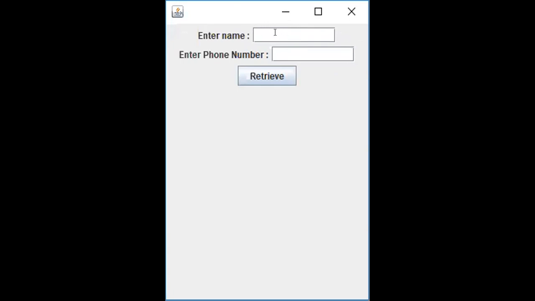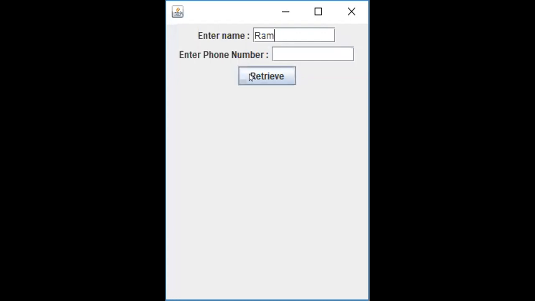Right now we have kept it free for the user as per our journal statement. As you all know, in our student table I had Ram, Sham, Rita, Geeta, and one more name. I remember Ram, so I have entered Ram in the first text field and I click on retrieve.